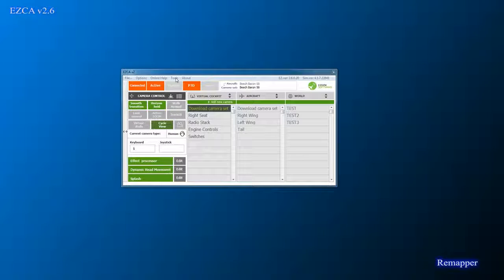This is a video guide on the EZCA Camera add-on by the author. You can open Remapper through the Tools menu, Tools, Remapper, or by pressing the icon where the old version of Camera